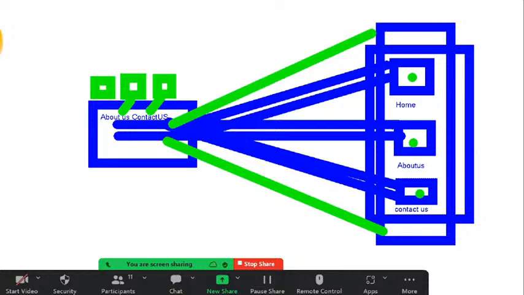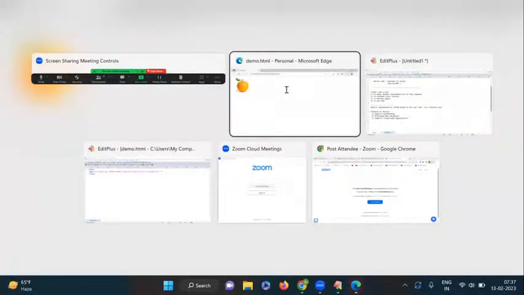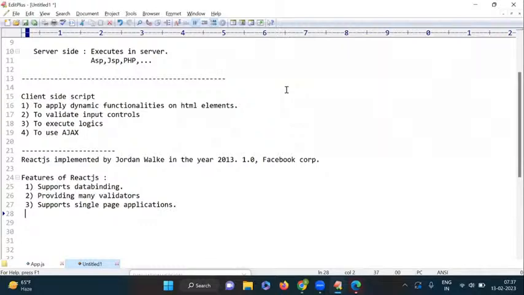So React.js supports the single page application concept. I will explain the programs. First, what are the features we have in React.js? We are discussing one by one. Next one supports